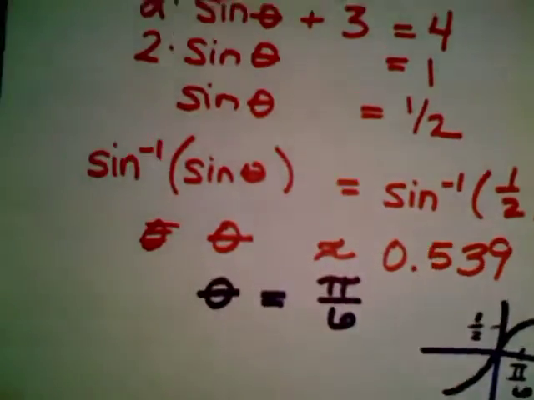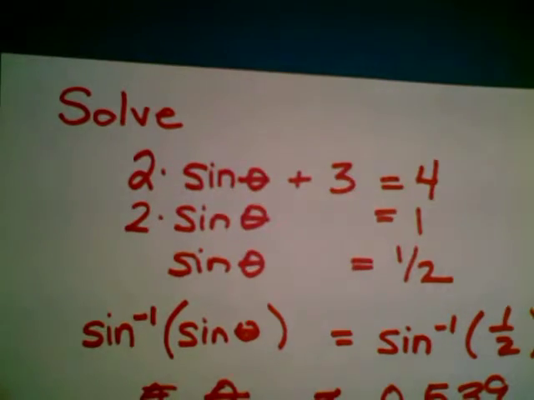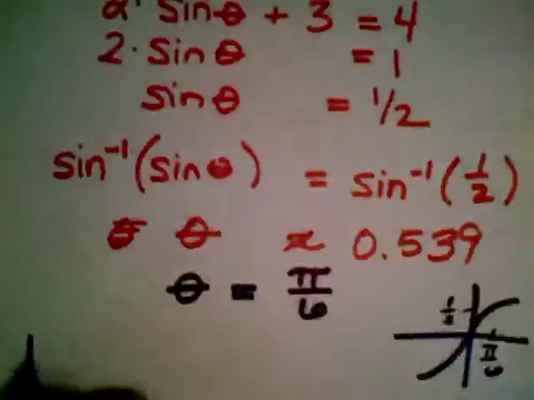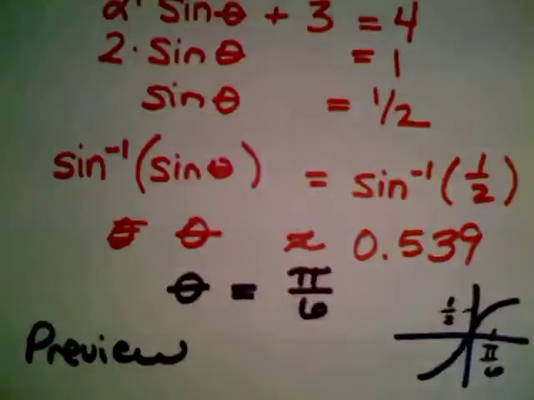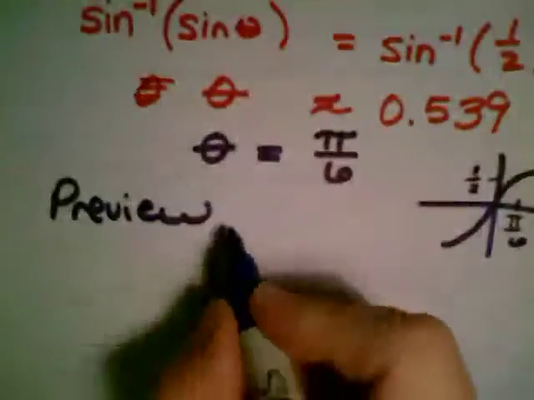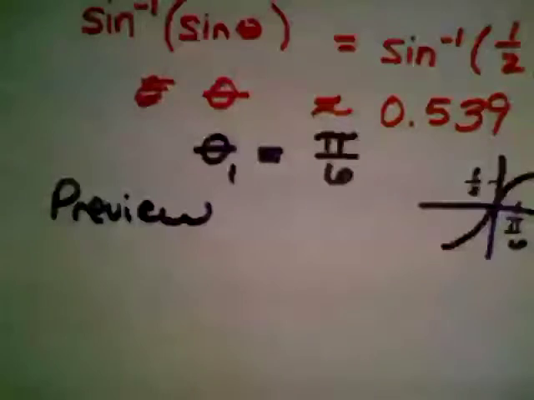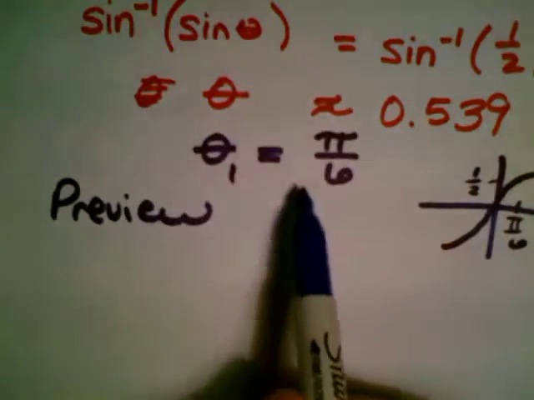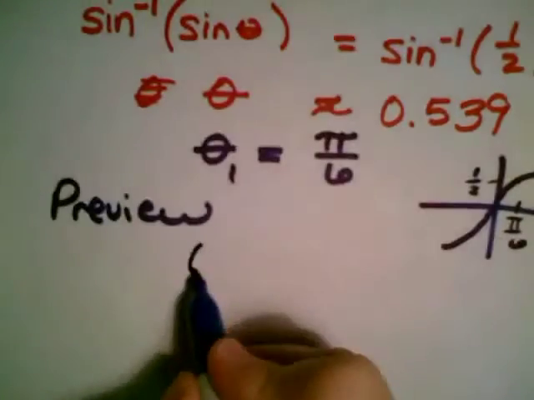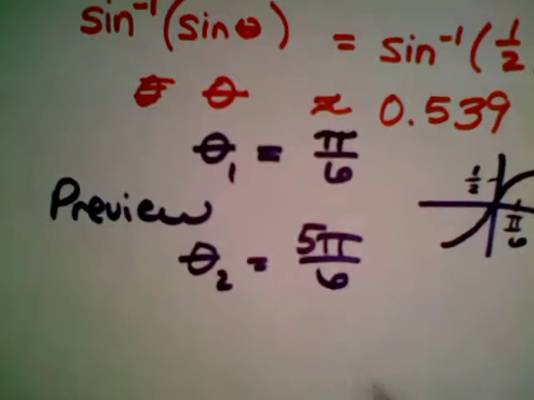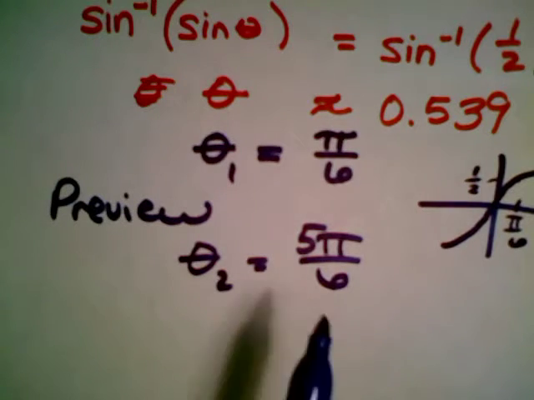Now to finish this problem, we're going to have to talk about the remaining values of theta that satisfy the original equation, where theta could be any real number. Just to preview, to finish this equation, not only do we need that first value of theta that is part of sine's domain from 0 to 2 pi, there's a second value of theta on that first cycle of sine from 0 to 2 pi that